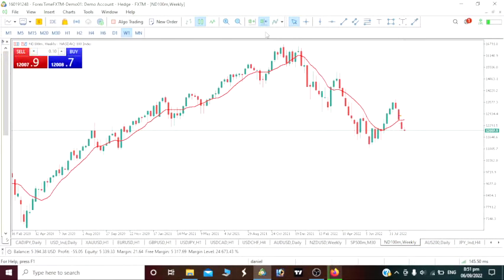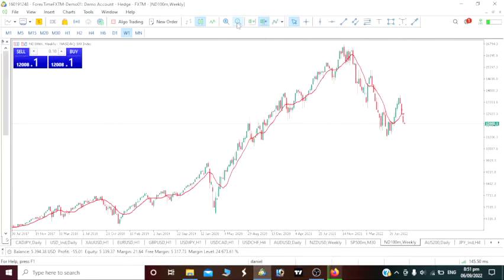Okay, guys, now let's take a look at our NASDAQ 100 and we'll see where our price will be moving